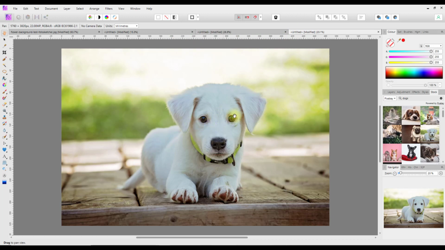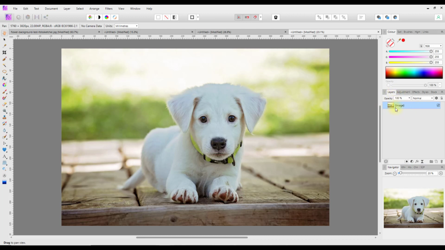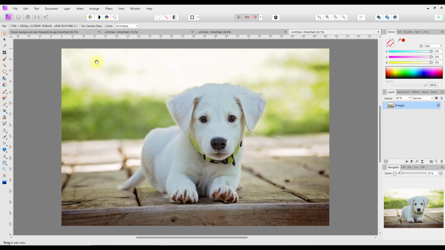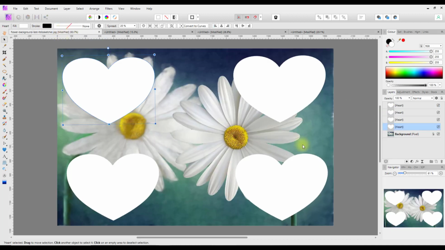So I'm going to start with this dog and its layer, and I'm going to right click this and then copy it, come back to our image and this layer here. Now I want to make this a child layer of this layer here. There's a number of ways of doing this, and the first one can be, you can just come direct to